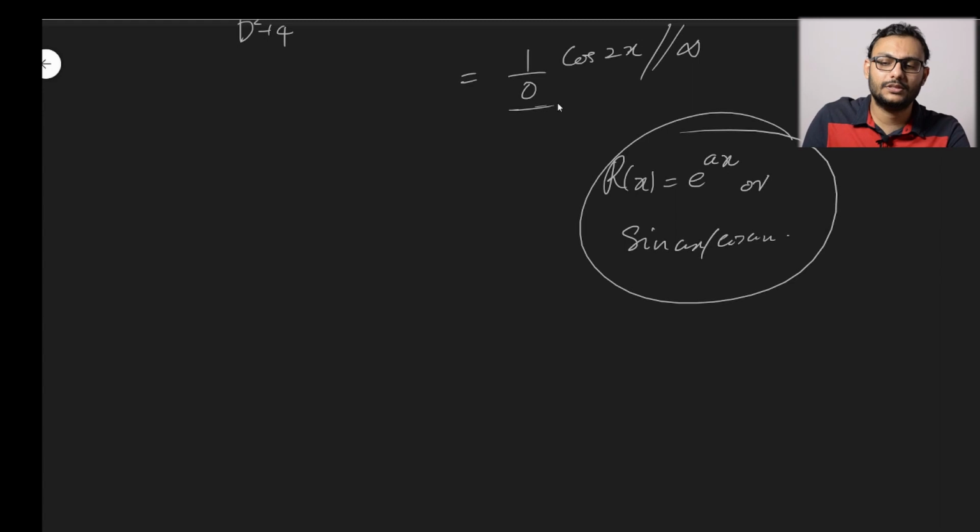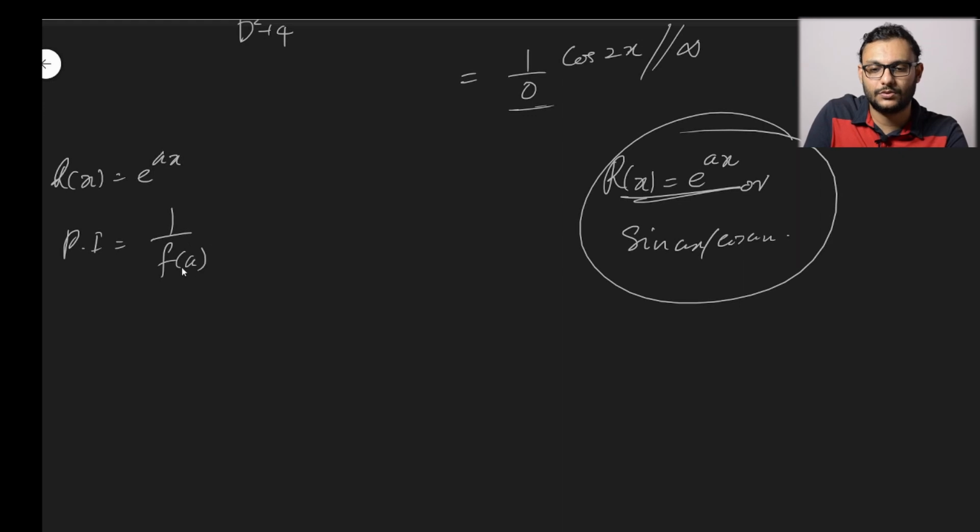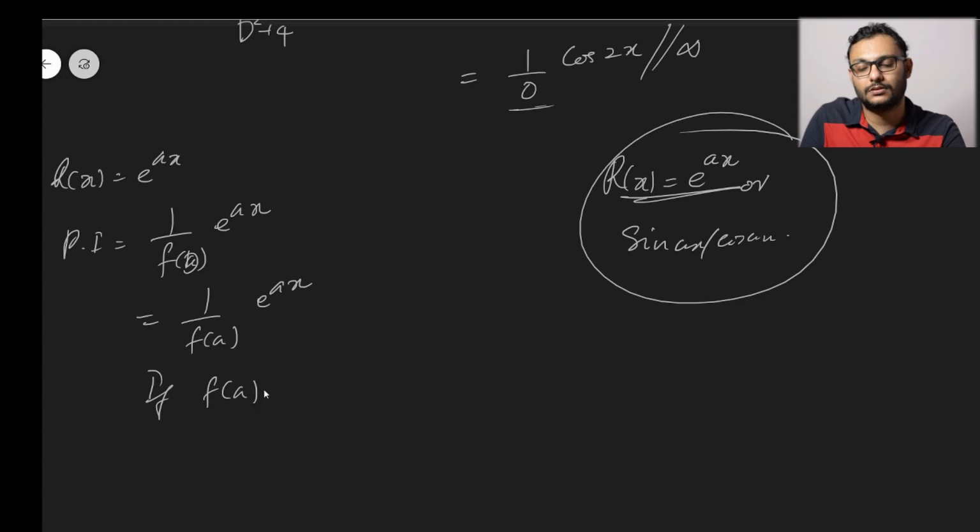Now keep in mind that if we encounter the same situation with e raised to ax, we know that the particular integral is given by 1 by f of d into e raised to ax, which is 1 by f of a into e raised to ax. If f of a equal to 0, then this term becomes infinite, which is not defined, because it is 0 in the denominator. The particular integral formula above is for f of a not equal to 0, and if f of a equal to 0, the particular integral is given by x into